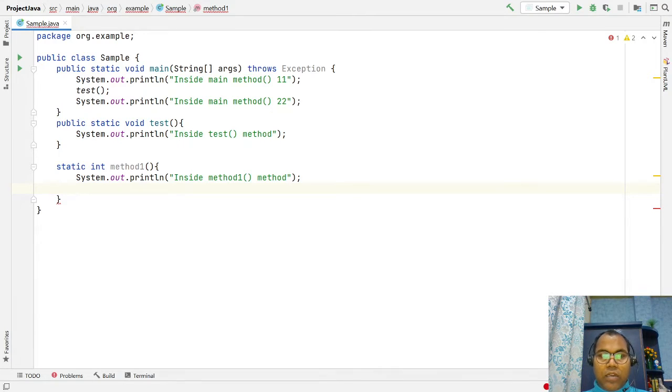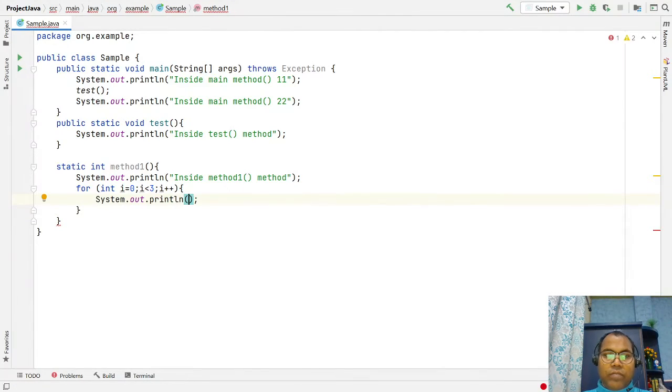Here we have a for loop, int i equal to 0, i less than 3, i plus plus, and we write system out println i.